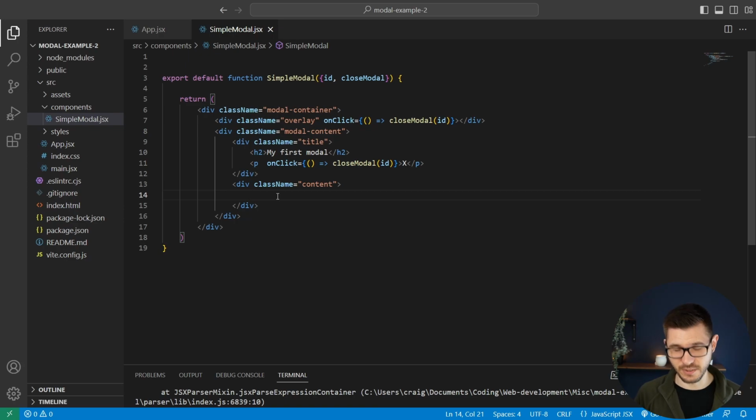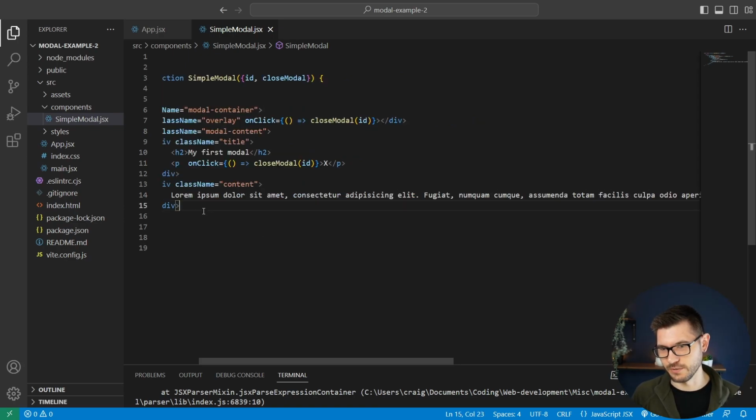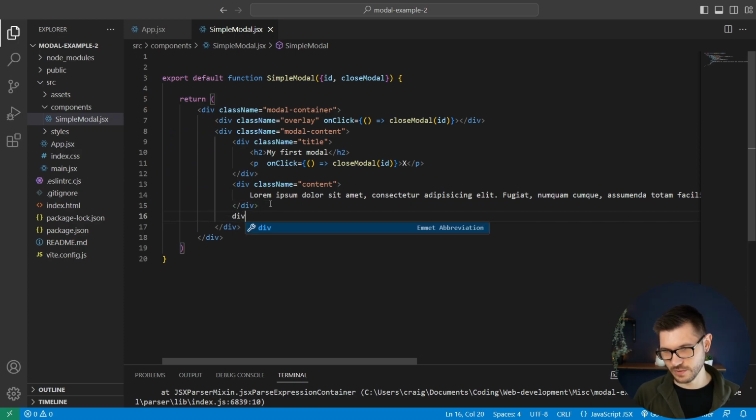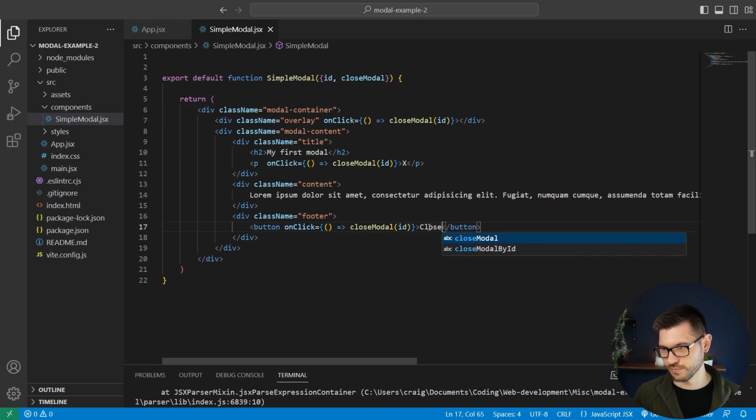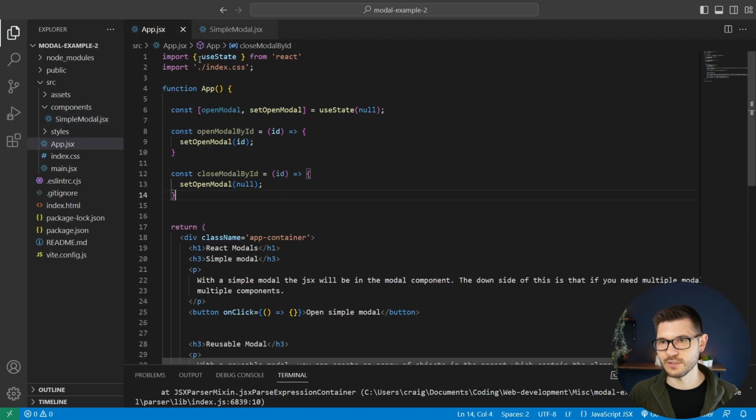And we're just going to give this some random content. Lorem ipsum, that'll do. And then finally, we'll give it a footer. And this will be a button. Copy the on click again. And we'll just call this close. So if we add this modal to the app now,